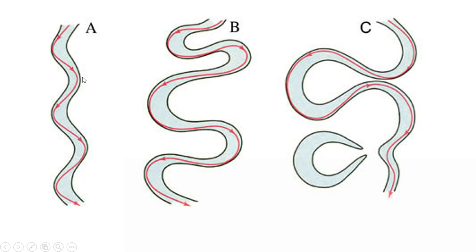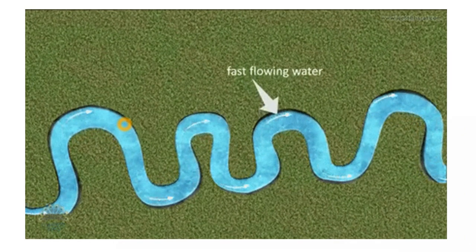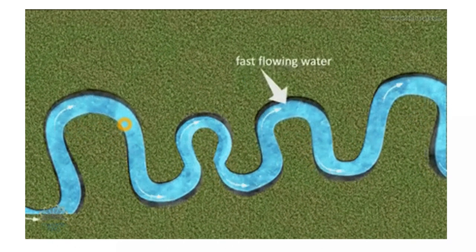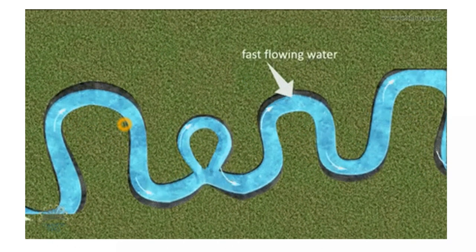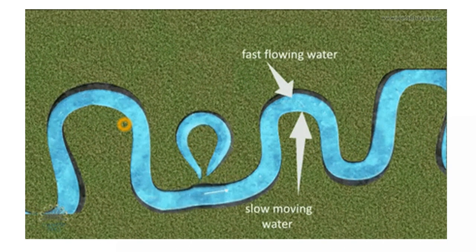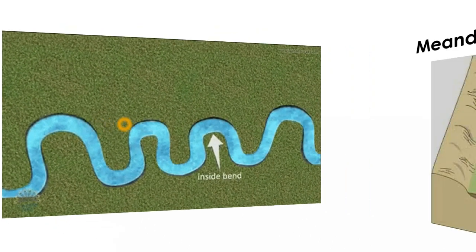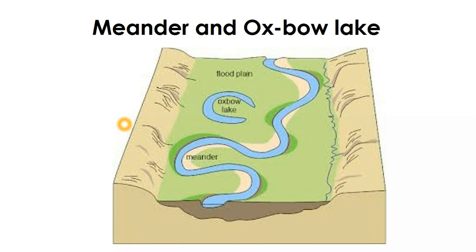Initially the bending happens slightly, then it becomes much wider, and later it turns into complex meandering. This is how meandering happens, because of the variation in erosion and deposition. The river bends and finally changes into meanders and an oxbow lake. In the end it takes thousands of years. So a river will have a lot of bends here and there. These bendings are called meanders, and sometimes we can see separate lakes, loops that got separated from the main stream, called oxbow lakes.